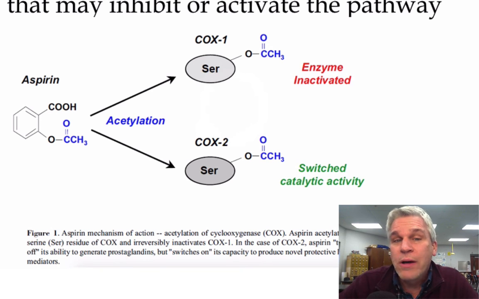Now with the COX-1 enzyme, the enzyme becomes inactivated. And so this can actually help with relieving pain, for instance. And specifically, it's attaching to a serine amino acid on the COX-1. But on COX-2, although it can block pain, it can also activate that enzyme and can cause it to produce productive lipid mediators. So any type of mutation or any type of molecule can either inhibit a signal transduction pathway